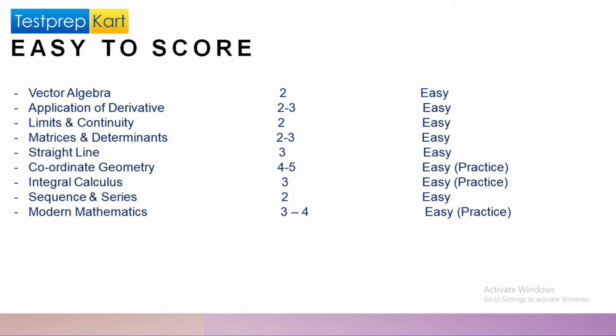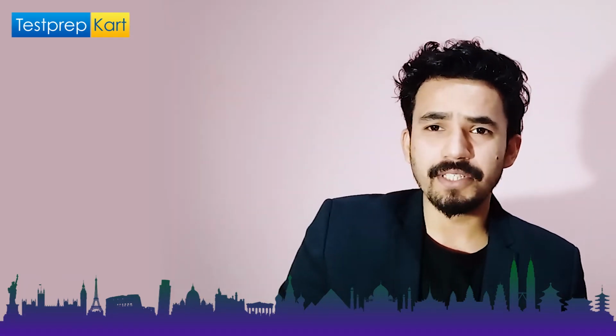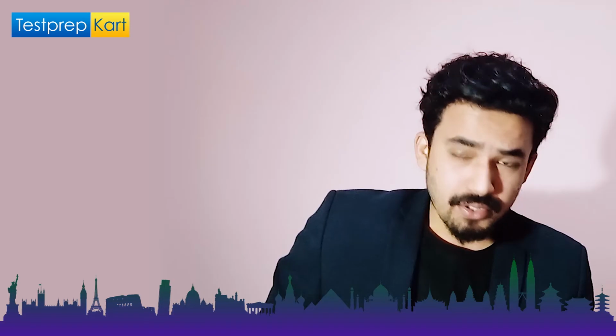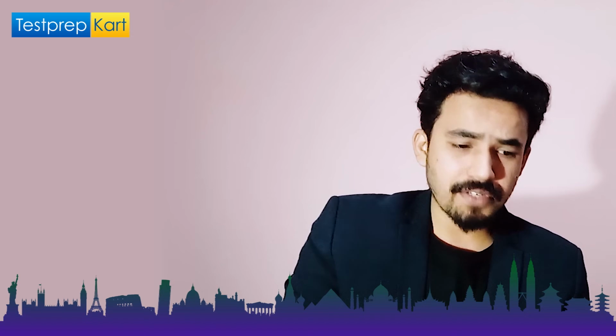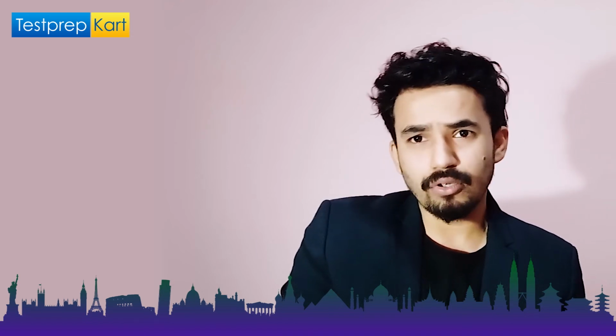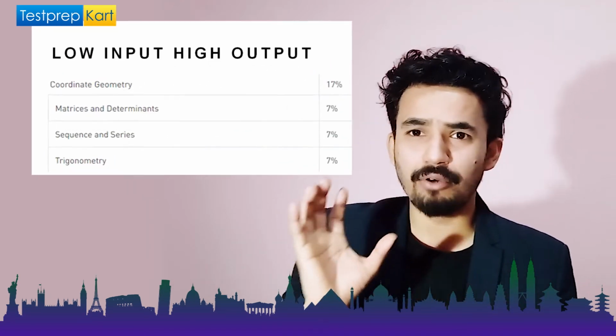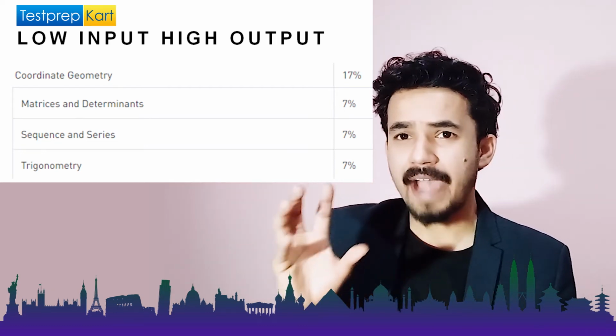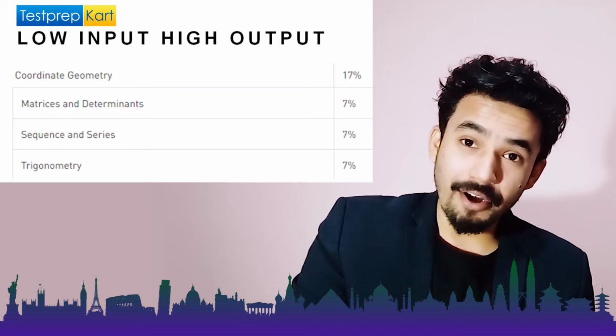All right. Now, if we talk in terms of input and output, like how much energy you are going to invest and what is the resultant output. So I have categorized into 3 things. The first one, low input and high output. Low input and high output means you are going to invest less energy, but you are going to get high